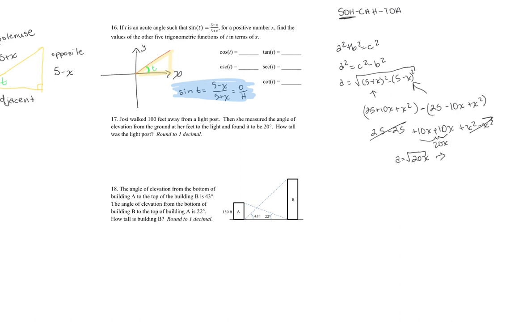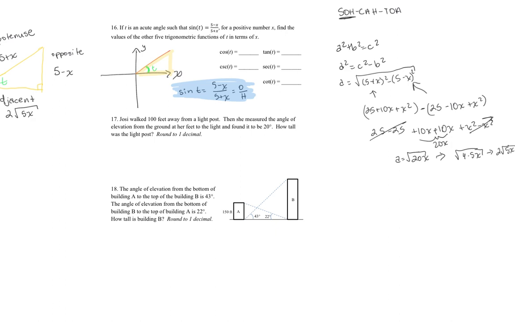Or, if we remember 20 is 4 times 5x, we can pull out that 4 and say 2 square root 5x is our a. So I'm going to go ahead and draw that here. 2 square root 5x is our adjacent side. So now we have all the sides, and we can come up with these lovely little cosine, cosecant, tangent, secant,